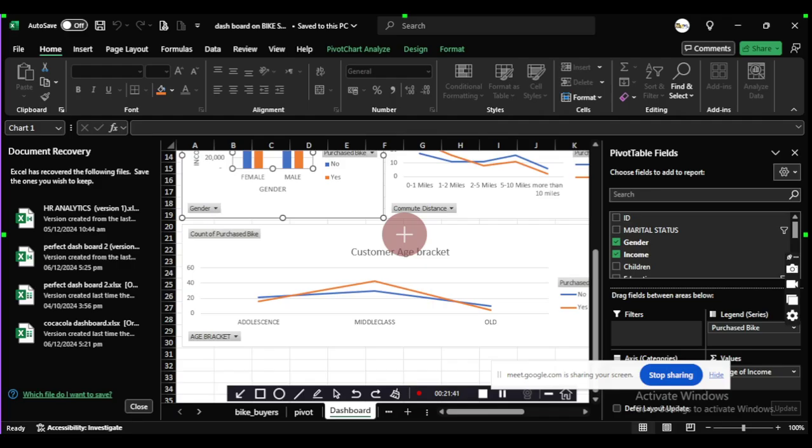We will transform that data into a chart, so that even a layman, once he sees the chart, will be able to understand what is really happening in the data.